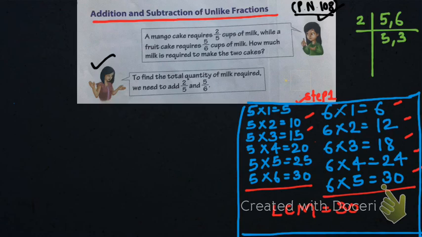Is any number divisible by 3 here? Yes, so divide it one time. Okay, because 5 is not divisible by 3, so you just write 5, and here write 1. Next 4. Is any number divisible by 4 here? 5 and 1? No, 5 and 1 are not divisible by 4, so you move to the next number, that is 5. Here 5 ones are 5, so write 1 here, and 1 we have already. After that you need to multiply these numbers.